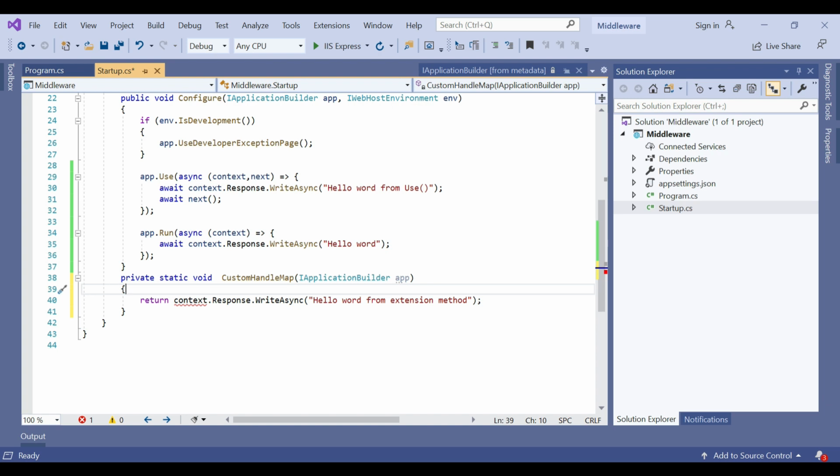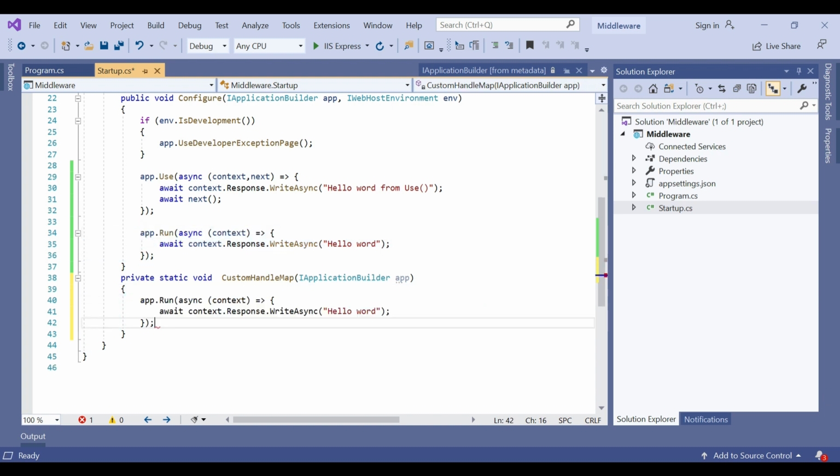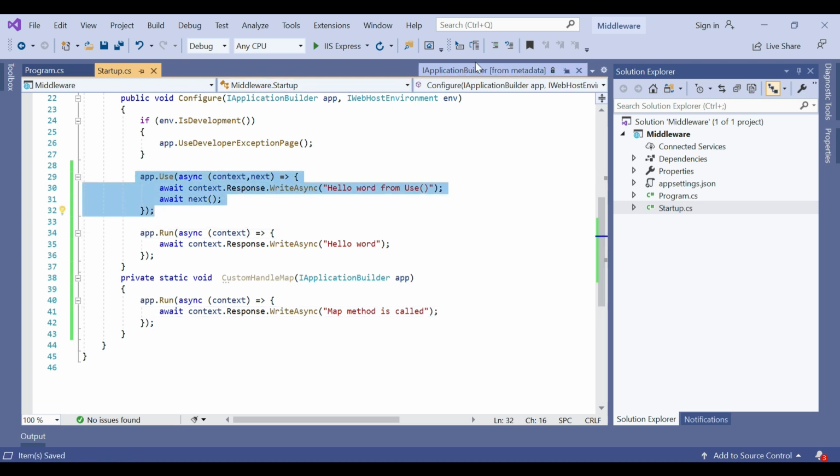Then here we just copy this and paste here. App.Run with a context. Then some text needs to be changed, that is, map method is called. Block the use method here.